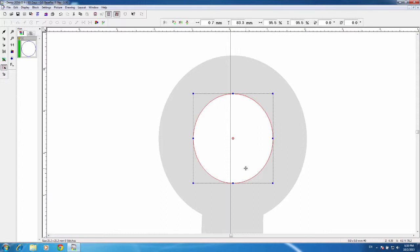So if you think about it, this will turn into running stitches so that it will show me that's part of the bounding area of the material that I'd like to applique. When I do this and I convert it to curves, one thing I do want to point out is that